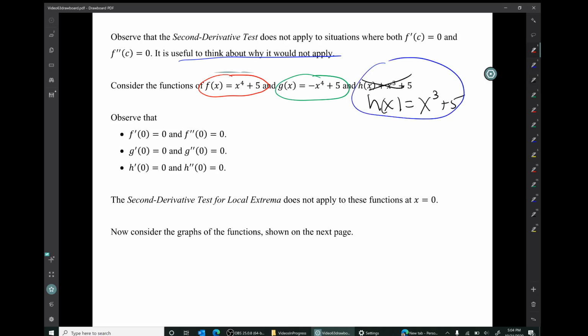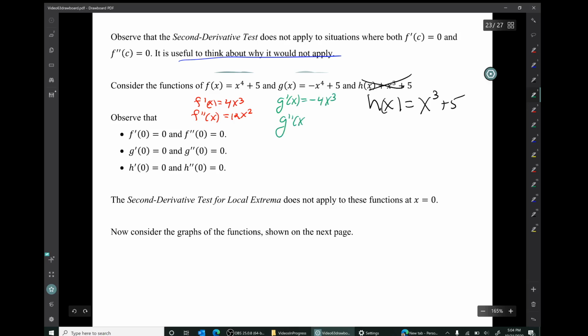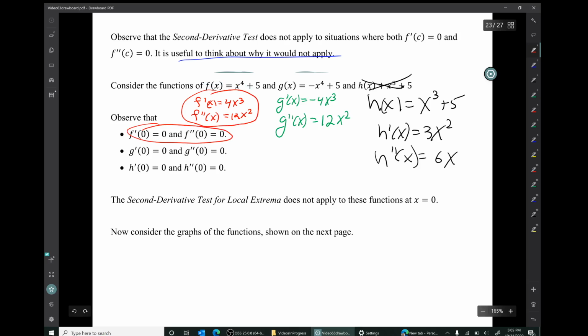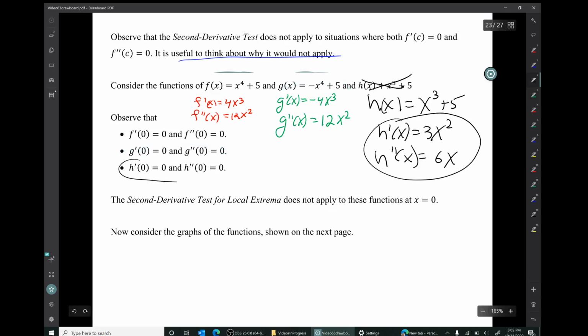Now let's think about the derivatives of these functions. So here's f prime and f double prime. Notice that when x equals 0, both of those things are 0. Here's g prime and g double prime. Notice when x is 0, both of those things are 0. And finally, here's h prime and h double prime. Notice when x equals 0, both of those things are 0. So those are all functions for which